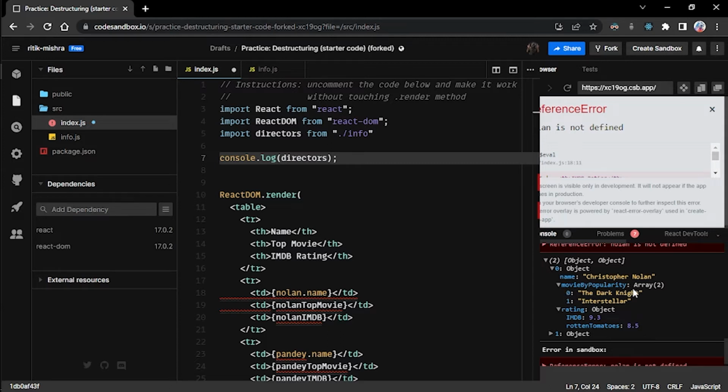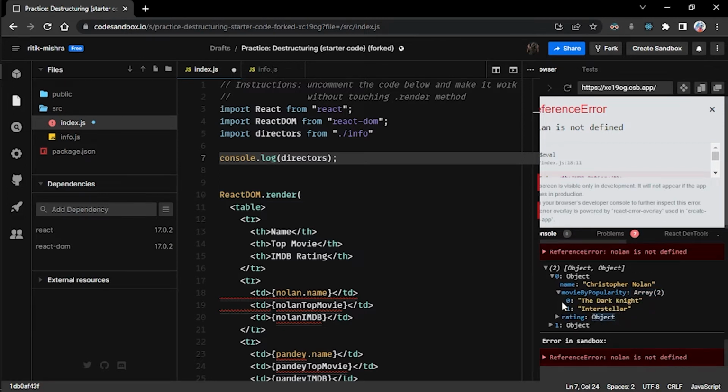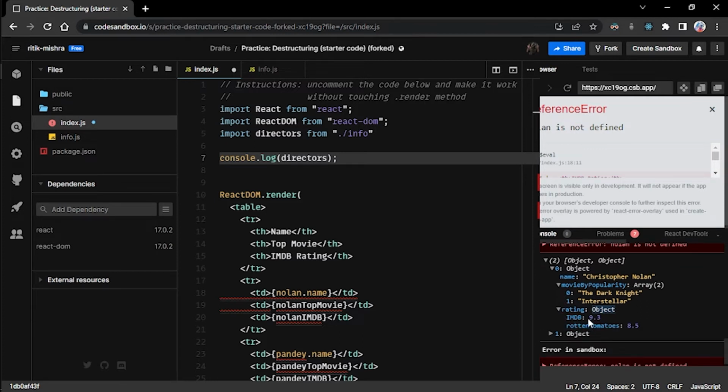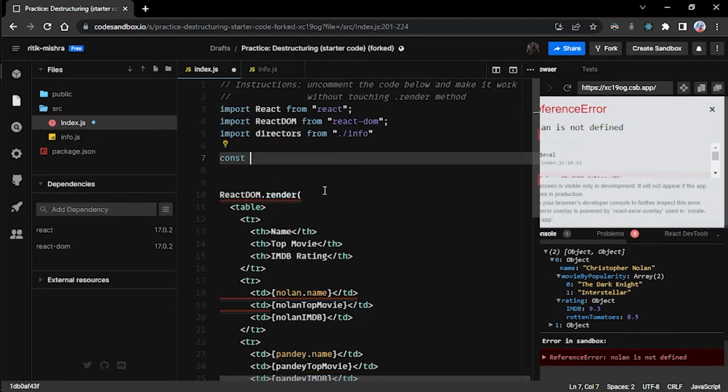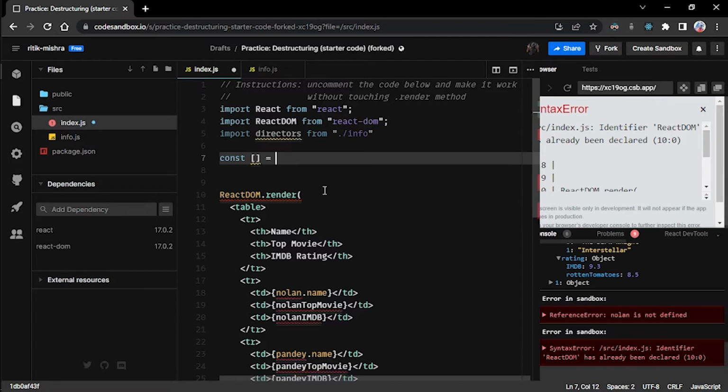For example, this particular property is an array of size 2, which contains this and this, and this particular property is an object of size 2 as well, with these key value pairs. So the first thing that we can see is we need to get these 2 objects out of this array. Okay, and in order to do that, we take const, and since we are dealing with an array,